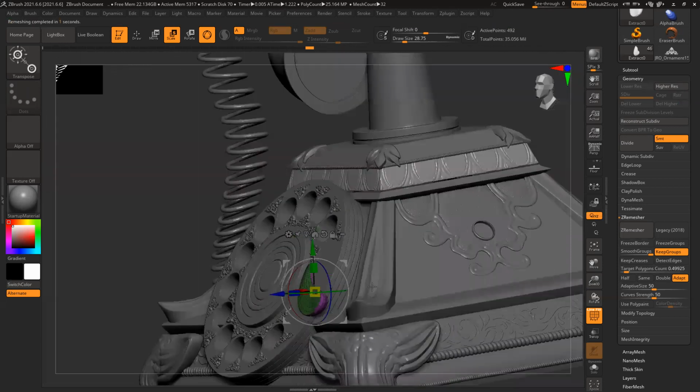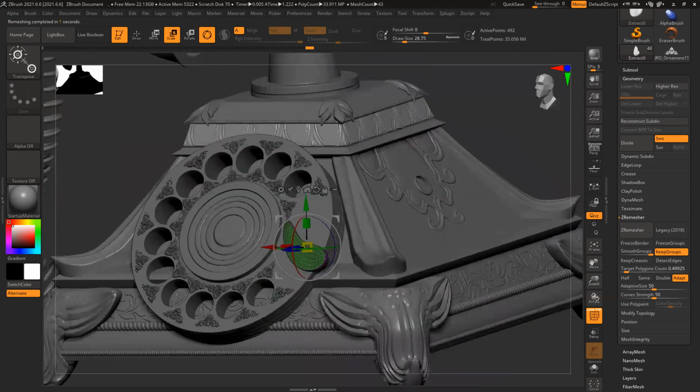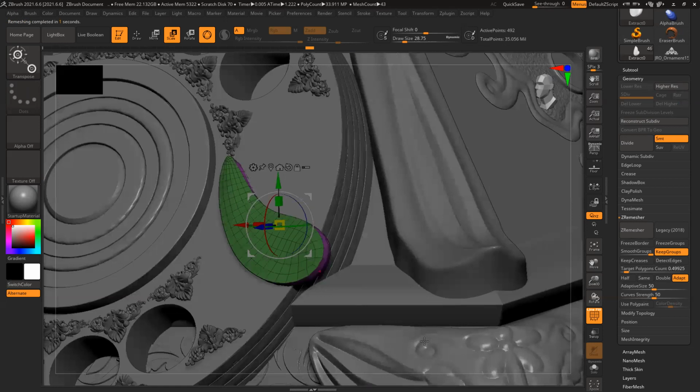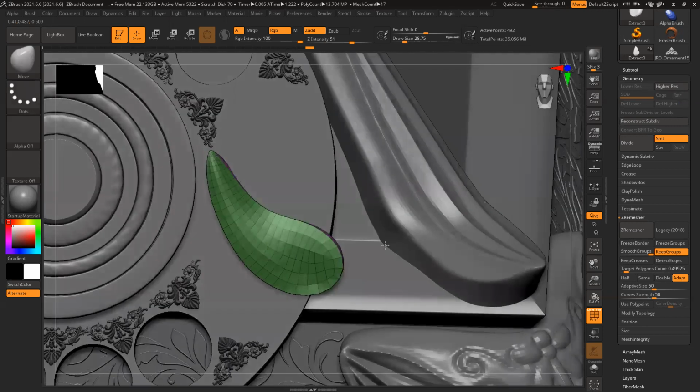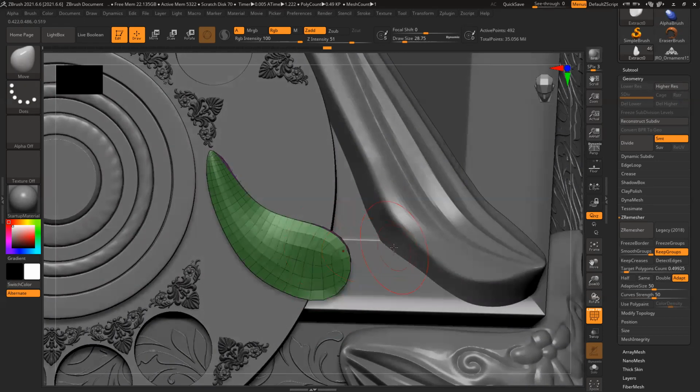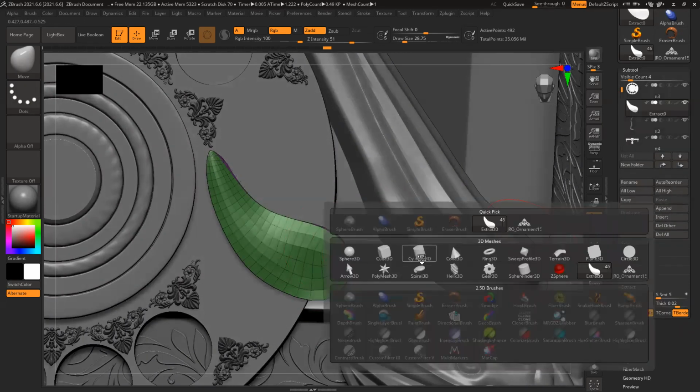Get a really nice clean shape. And this has to be a lock, so append a cylinder.